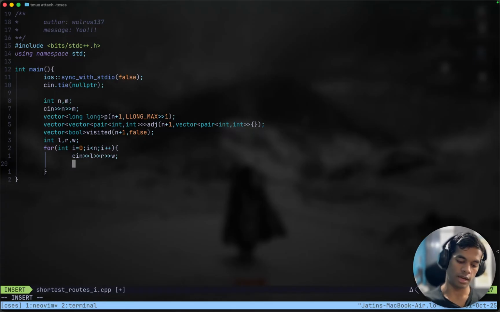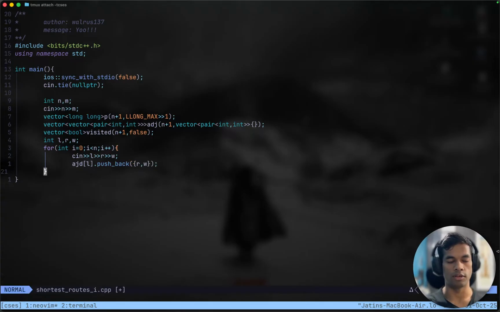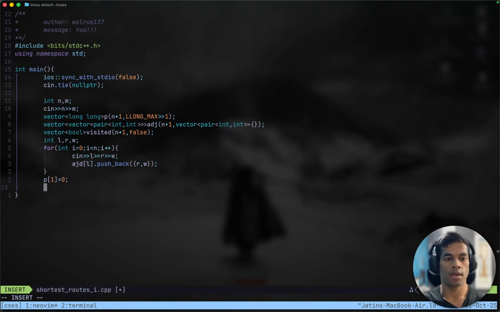Take the left edge, right edge, and weight for these things, and then adj[L], we have an edge going from L to R, and the weight is W for these things. And then we will initialize our answer: the path to get to node 0 is 1, and to node number 1 is 0, and we will have a